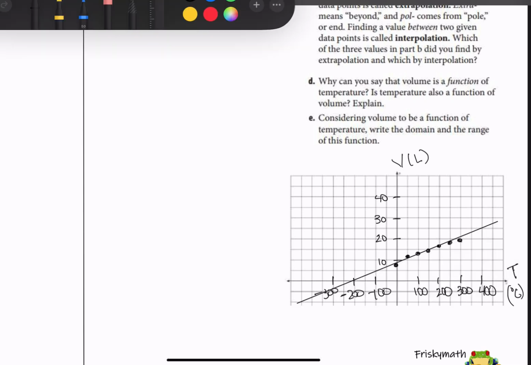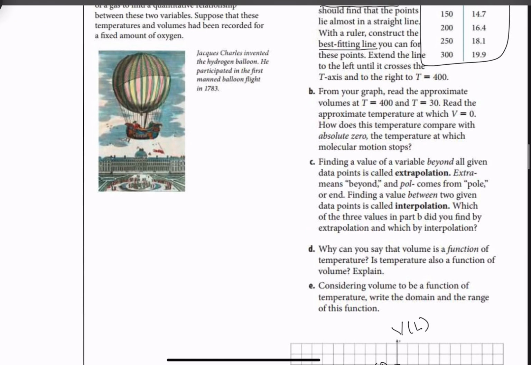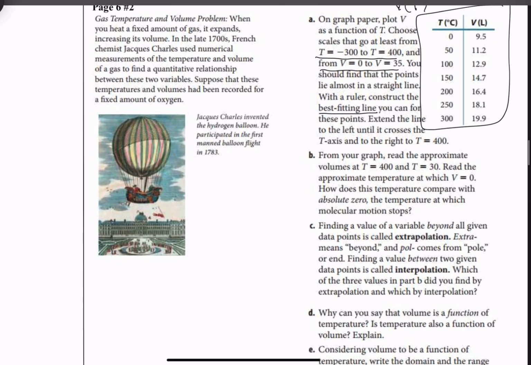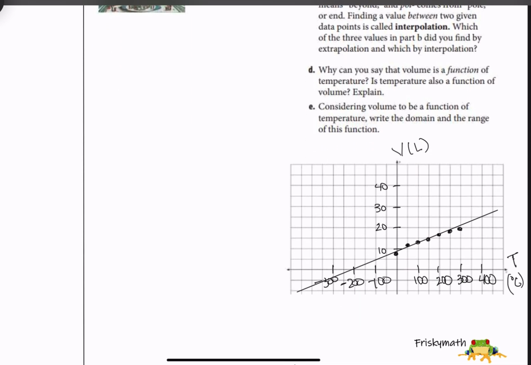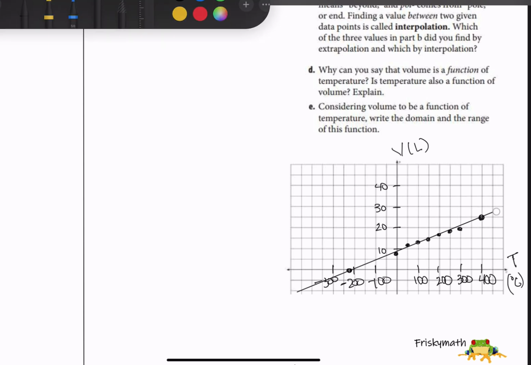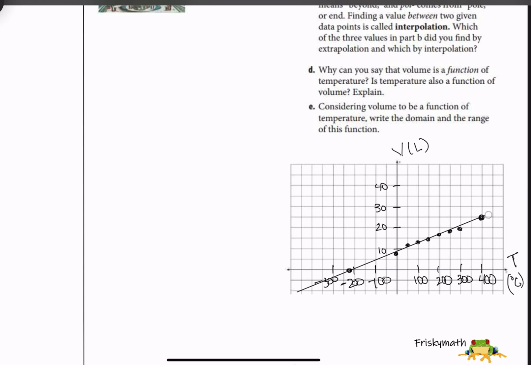That looks like a pretty good best fitting line. However, I was only supposed to extend the line to the left until it crosses the t-axis, and to the right to t equals 400. So I've got it crossing my t-axis a little bit after negative 200, and a little bit past t equals 400. I think I'll delete a little bit of this line, getting me back down to basically what I think looks like the point